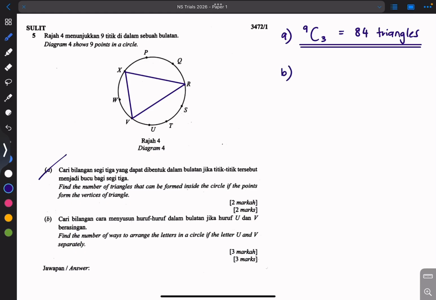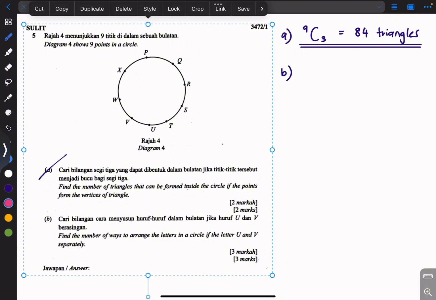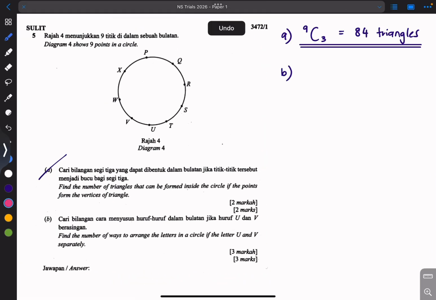Right, let's look at B. They're asking us to find the number of ways to arrange the letters in a circle if the letters U and V are separated. So these two letters are separated. A separation question is a bit hard to do if you are just trying to separate them. The easiest way would be to find